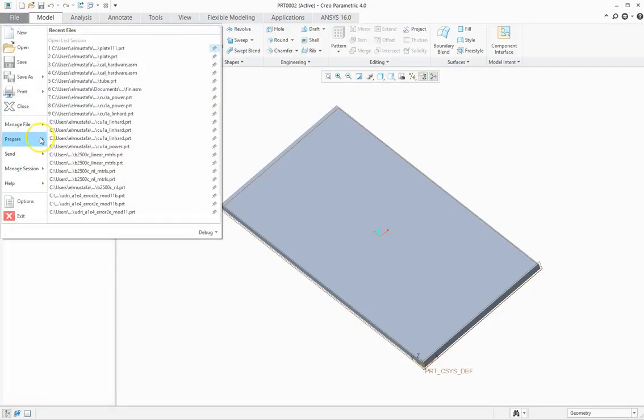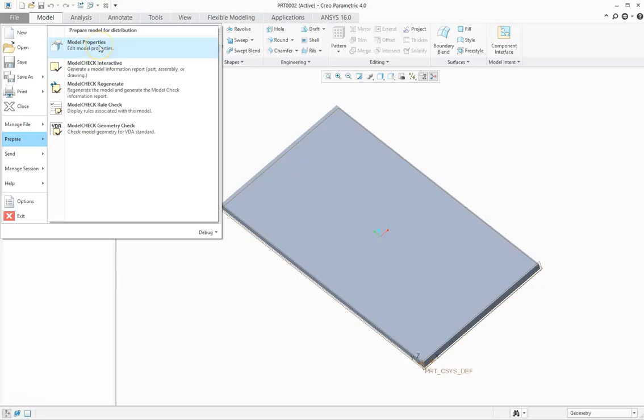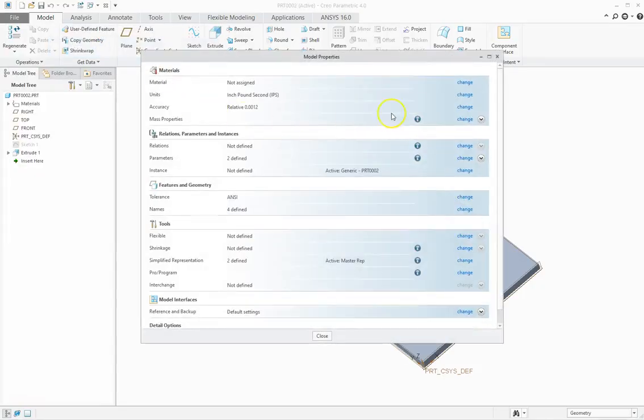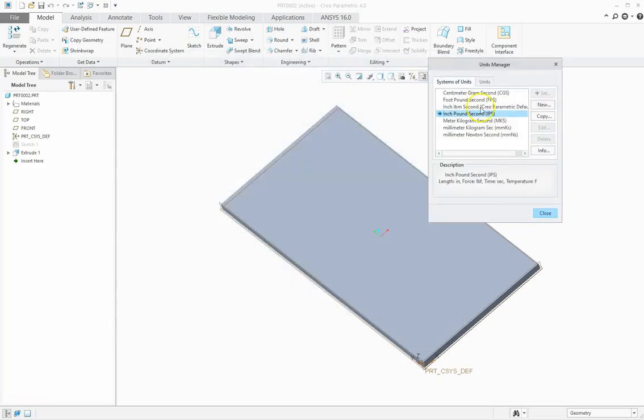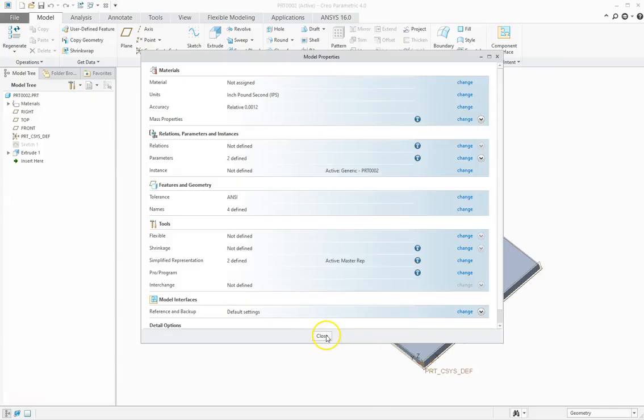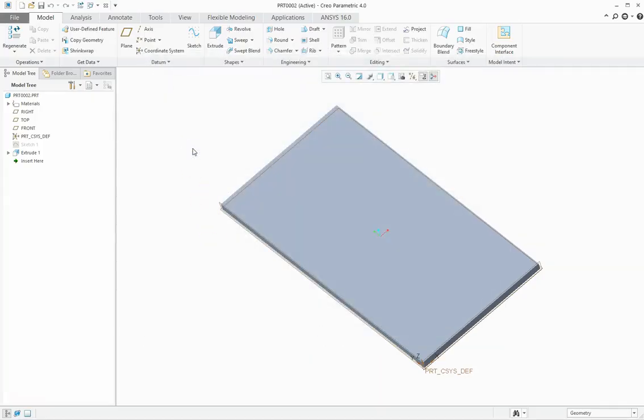So file, go under model properties. So here, if you see anything else, go ahead and change it. Generally, it is set to default, but if you see it, go ahead and change it to inch pound second and say close. So that sets the default dimensions to inch pound second system instead of the native or the default Creo Parametric